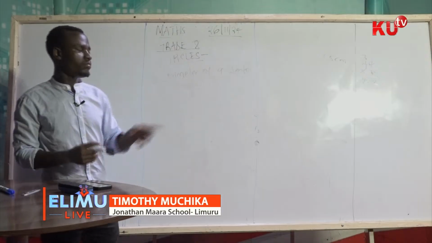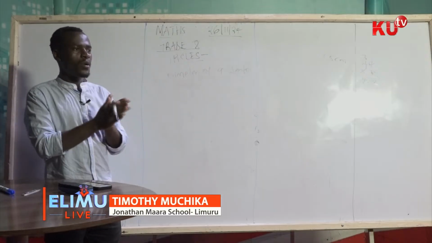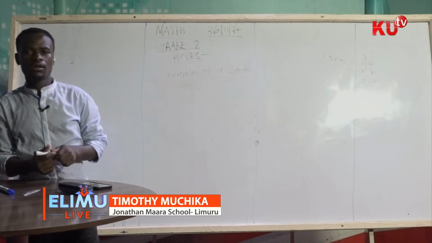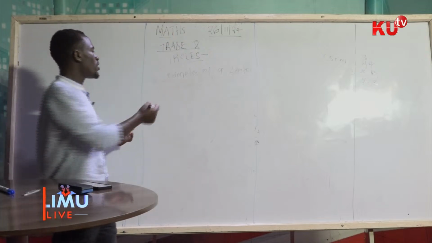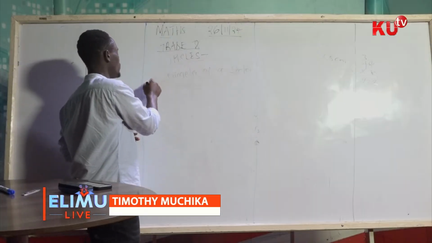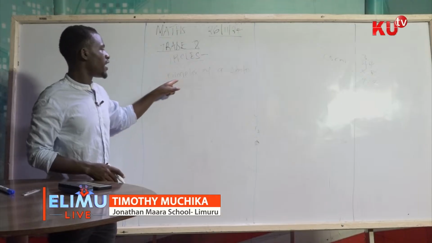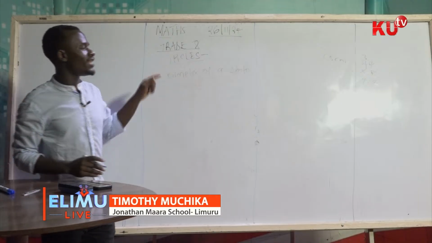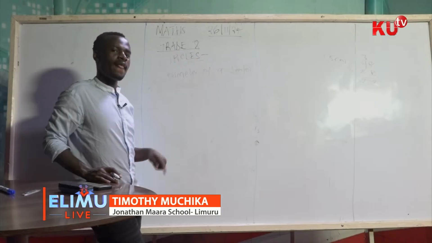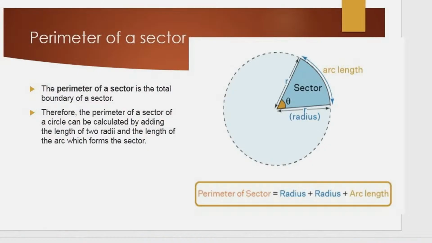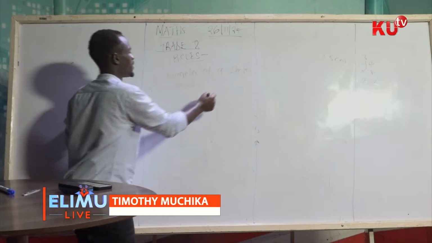Now, where do we start from? We start from the definition. We have known perimeter since grade 5. Perimeter is simply the distance covering a given figure, the distance around a given figure. Now, because we are talking of a sector,